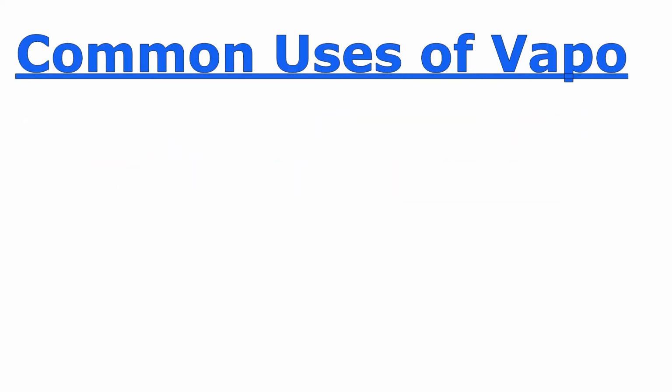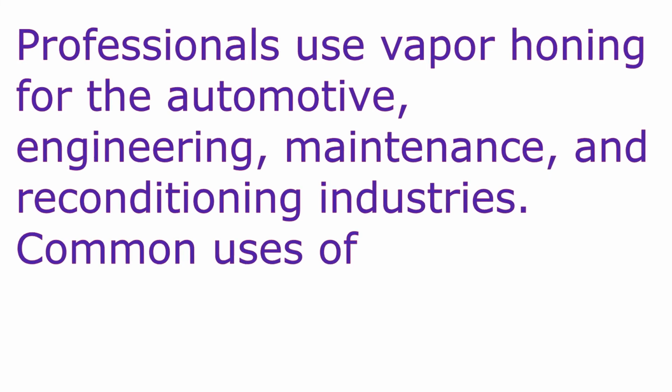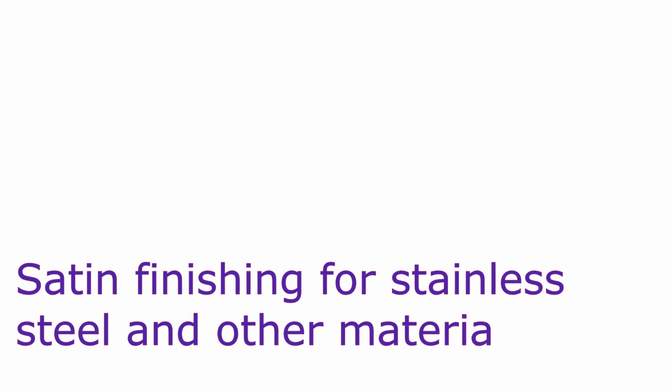Common uses of vapor honing technologies. Professionals use vapor honing for the automotive, engineering, maintenance, and reconditioning industries. Common uses of vapor blasting include the following: degreasing surface finish products, cleaning dyes and mold, removing paint, rust, scales, and carbon, preparing surface for repainting or recoating, satin finishing for stainless steel and other materials, cleaning PCBs and electrical